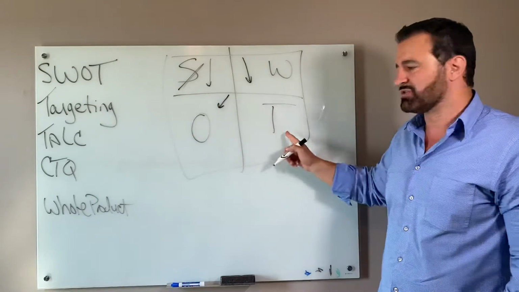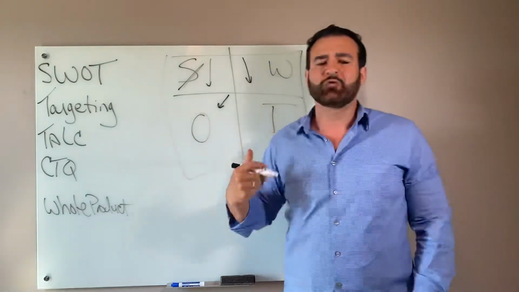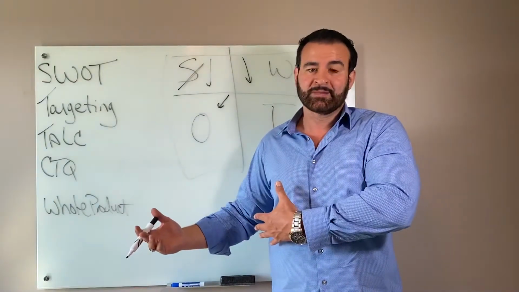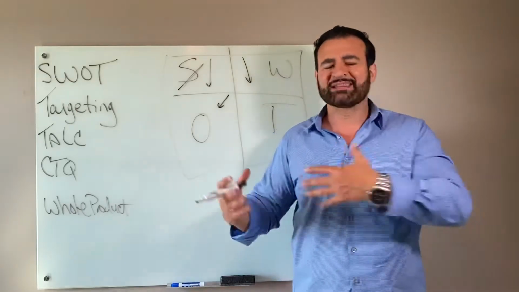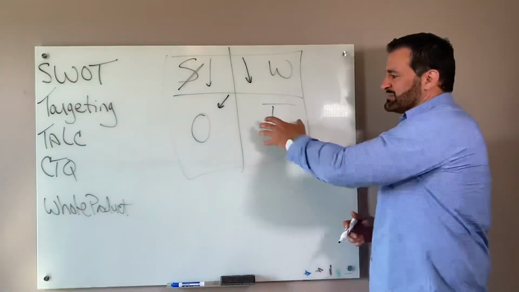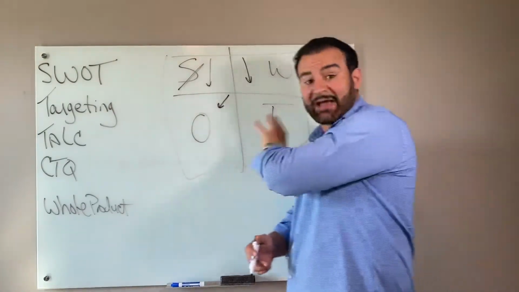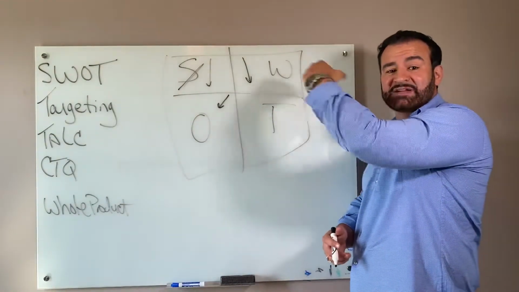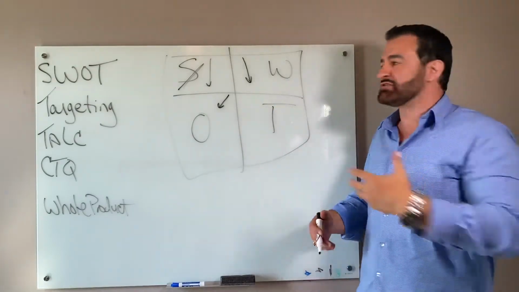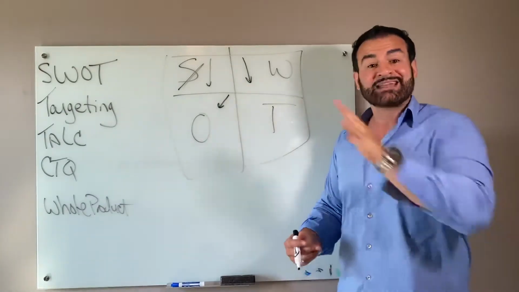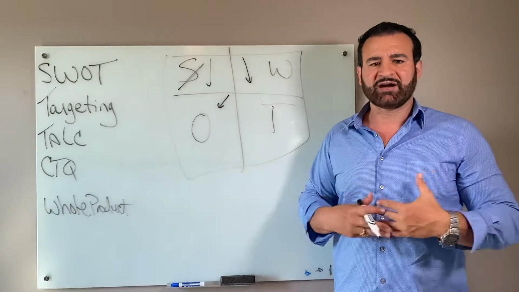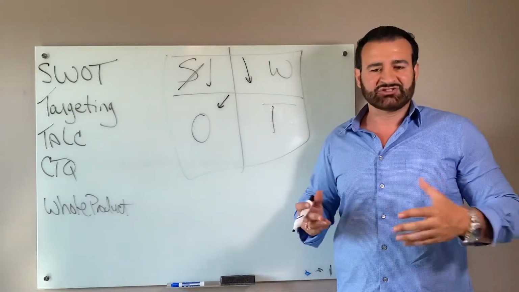On the flip side, let's talk about the threats. Based on their weaknesses, what situations might they fail in? What situations might we not want them to manage? What situations might we want them to avoid? Those are the situations that we want to look at right now. Now, threats can be a positive down the road. You can change your weaknesses, and you can practice, and you can advance, and you can turn weaknesses into strengths down the road. But what we need to talk about is, listen, I'm not an accountant. I'm not a finance major. You do not want me to be your accountant. That is just not my strong point. That is a